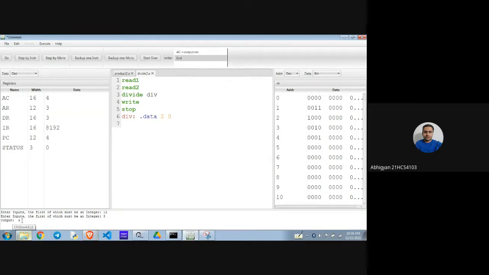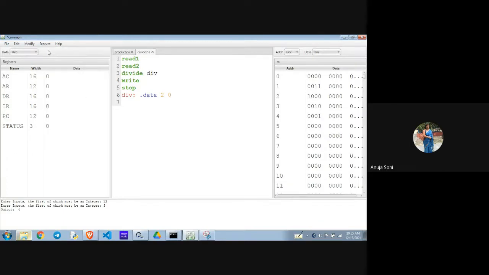It has given the quotient as the answer, 4. Okay. Which was the first number? The first number was 12 and it was divided by 3. Acha, when it was not fully divided, give the first number as 13 and the second number as 3. Then check the answer. Okay, ma'am. Thirteen.